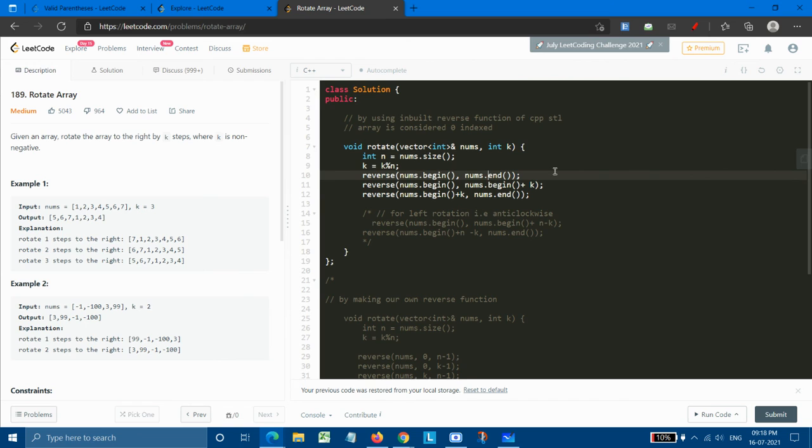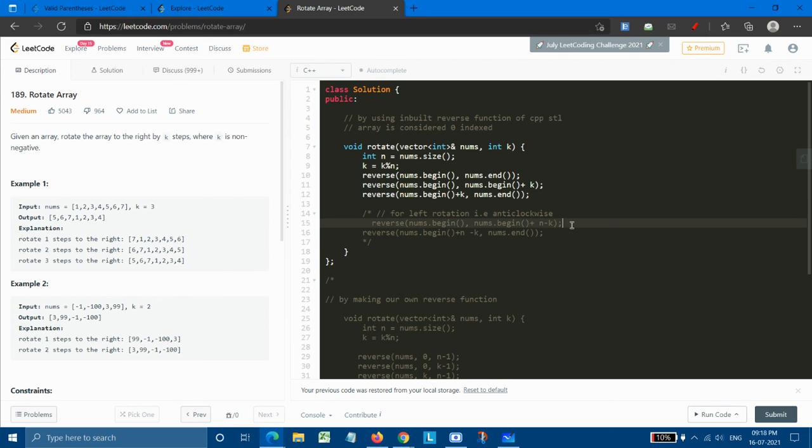Reverse our array for the first time, and then reverse the first k elements, and then reverse the next elements, meaning the n minus k elements, that is from begin plus k till the end.